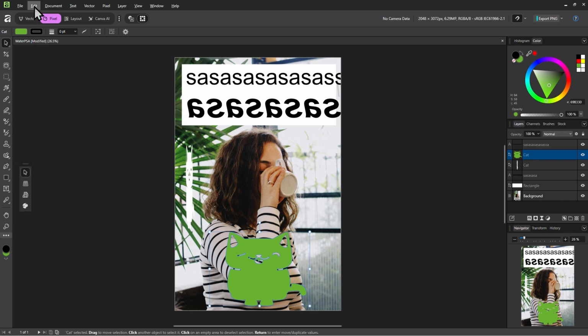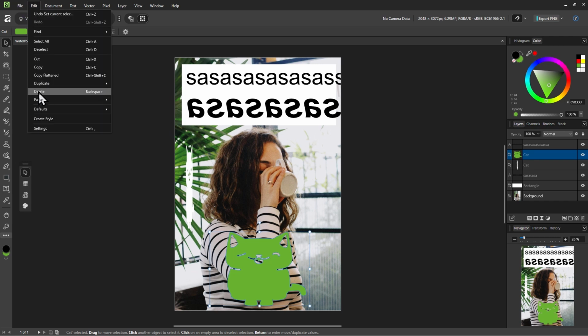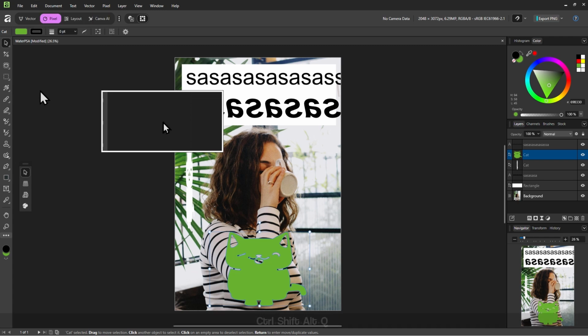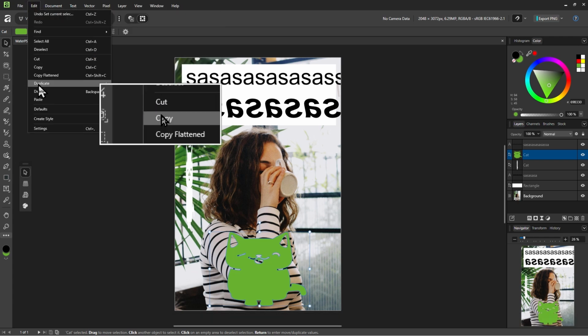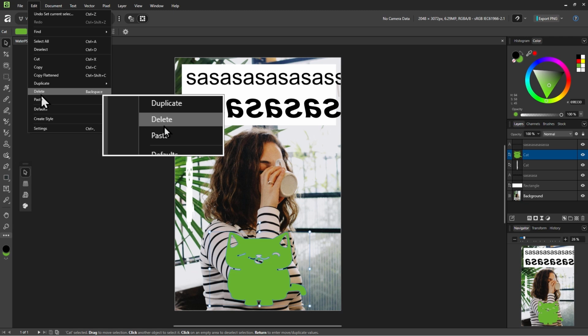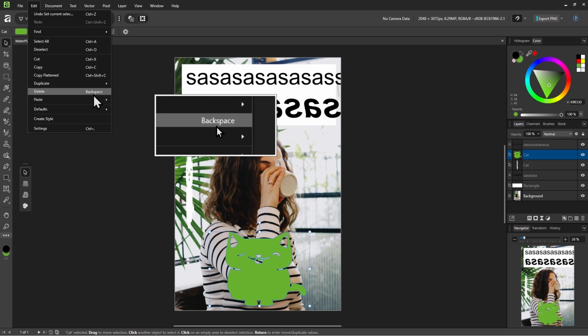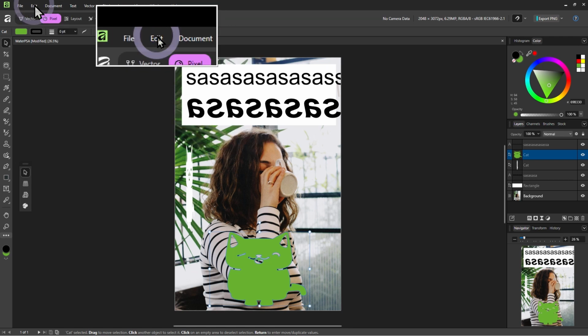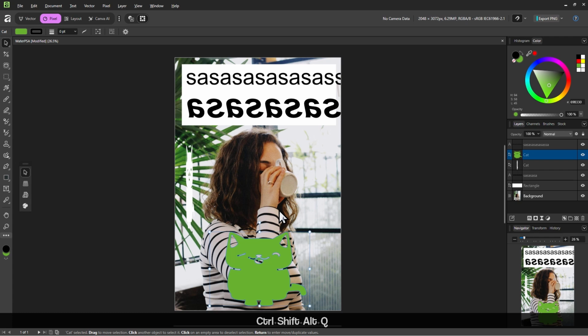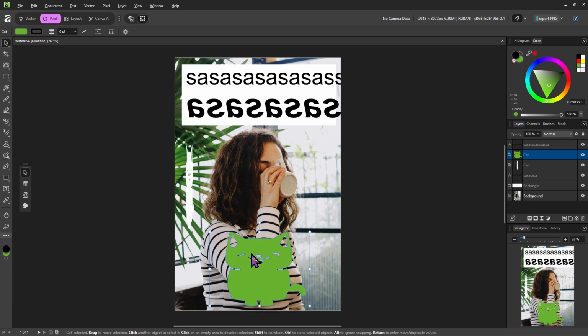Now, I told you that you can go into the edit menu and click on this delete to delete it. But instead of that, a much faster way is that you can actually look to the right of delete and you will see backspace. And if you see a keyboard key to the right of a command in a menu, it usually means that's the shortcut. In this case, backspace. So let's close down the edit menu and just try, while we still have the green cat selected, backspace.